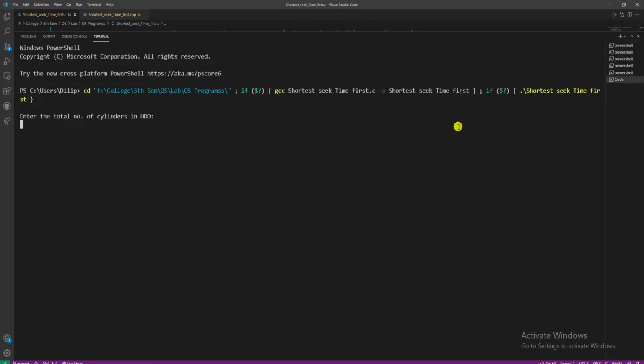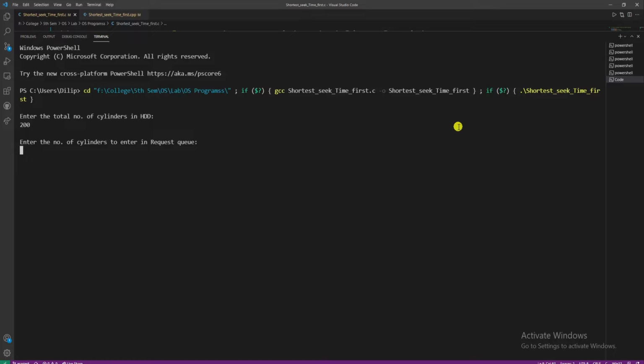First it is asking how many total cylinders are present in your hard disk. Let's say we have a hard disk which contains a total of 200 cylinders, so I will enter 200, from 0 to 199. Then it will ask how many cylinders you want to enter in your request queue.